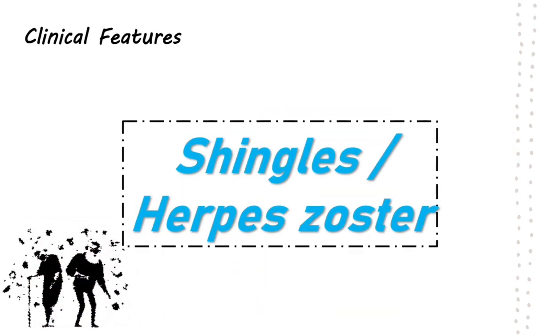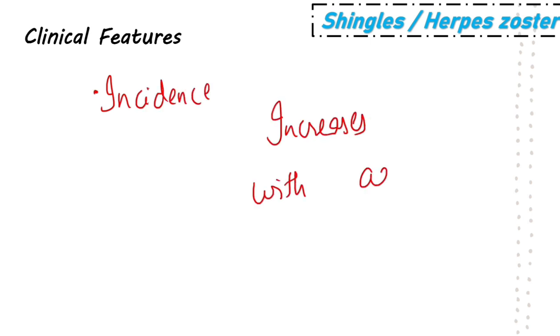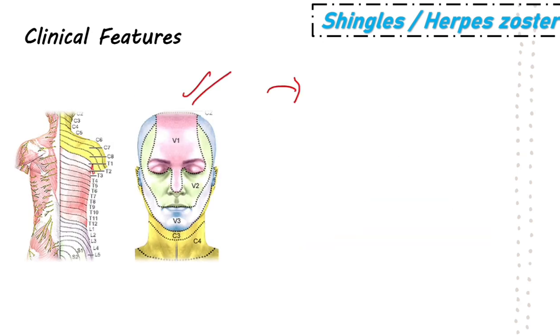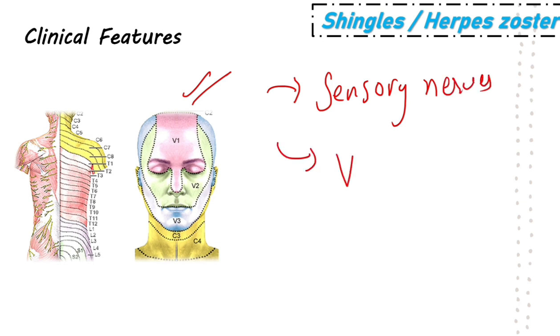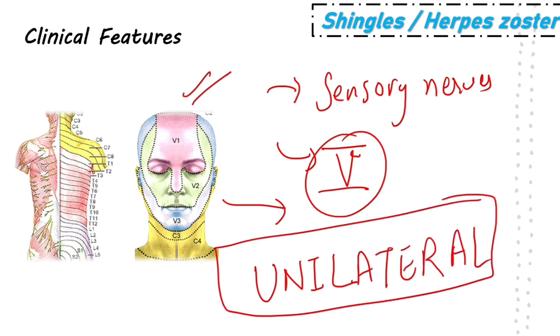Now, herpes zoster or shingles predominantly affects older adults and individuals who are immunocompromised. The incidence of herpes zoster increases with increasing age, with approximately 10 cases reported per 1 lakh patients observed by the age of 80. The sensory nerves of the trunk, head and neck are most commonly affected by herpes zoster, which involves various branches of the trigeminal nerve that can lead to unilateral oral, facial or ocular presentation. That means herpes zoster will not cross the midline of the body.